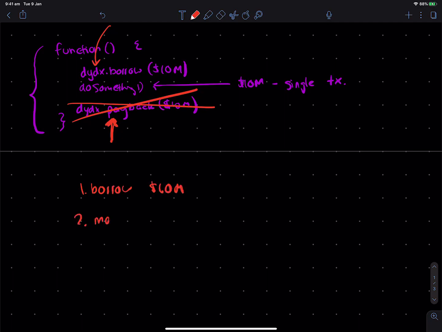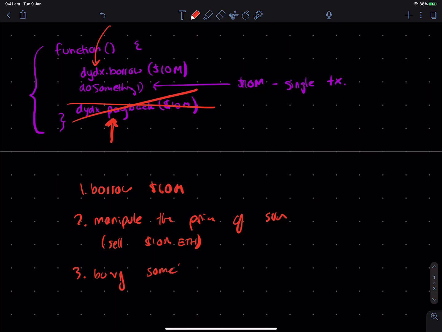Number two, manipulate the price of something. So like maybe sell $10 million of ETH for a short duration. Number three is maybe buying something cheap since